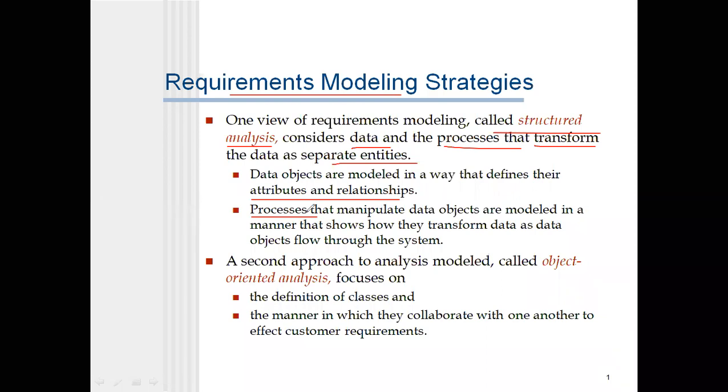Process means you should apply the formula for the attributes we have. If we have the attributes, how will we find the area of a rectangle?